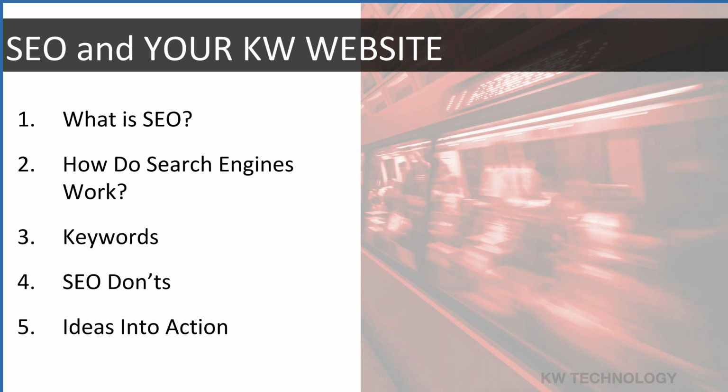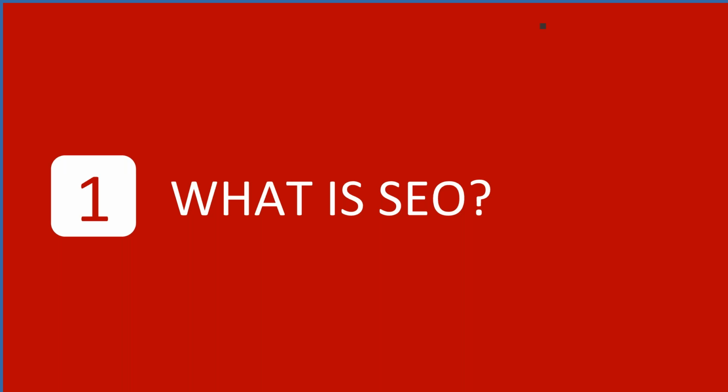We're going to show you what you can do with SEO and, of course, some things that you don't want to do, because when we're talking about SEO, being penalized is just as bad, if not worse, than gaining SEO. It's easy to gain SEO. It's also easy to lose place in SEO or to be penalized, and being penalized is no fun. Nobody wants that. So we're going to tell you ways of avoiding that. Number 5 is ideas into action. We're going to walk you through the process of creating a great search engine optimized page by the time we're done with today's training. As always, please let me know if you have any questions regarding today's content, or your new KW website. All right, let's get started.